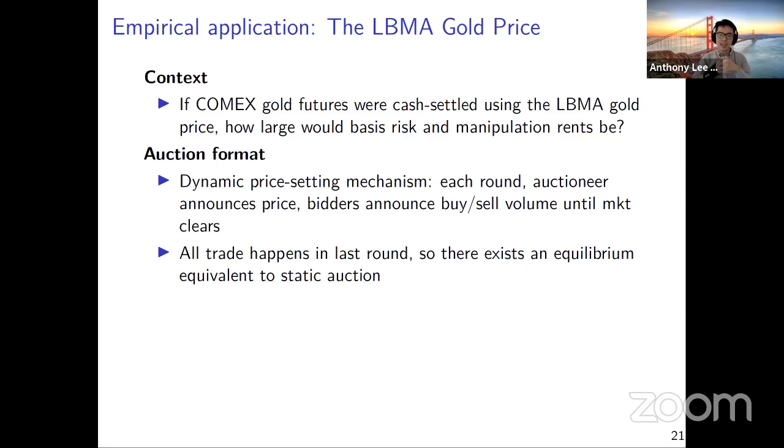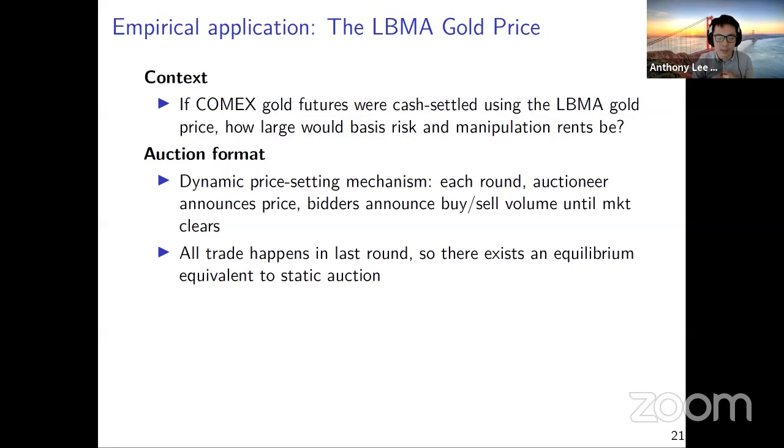This is a dynamic price setting mechanism. It is not a dynamic auction. So it's basically a Walrasian auction where the auctioneer announces a price. Everyone says how much they want to buy and sell. If buy volume is over sell volume, the auctioneer changes the price and so on until convergence. Nice thing about this, you can prove that there exists an equilibrium in this game equivalent to the static bid